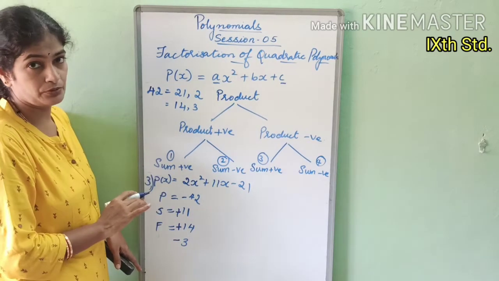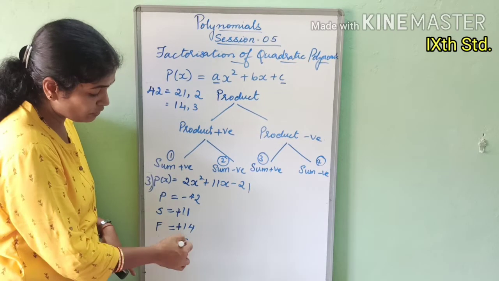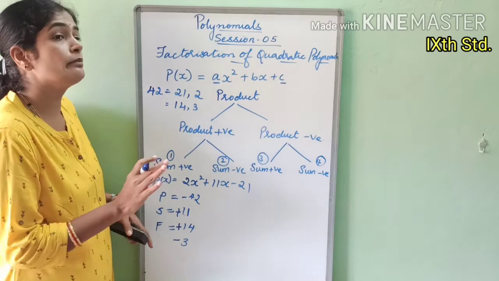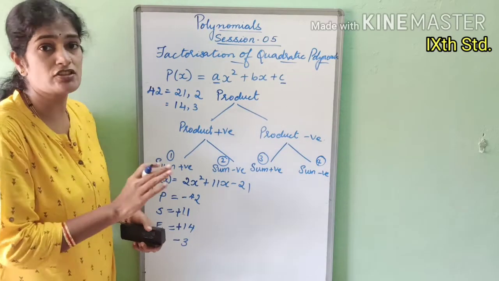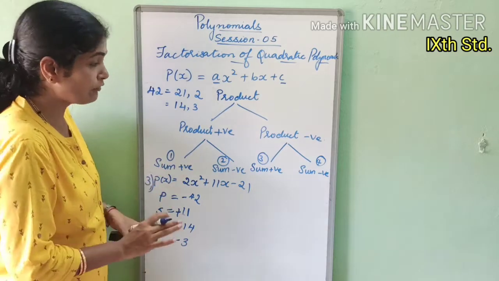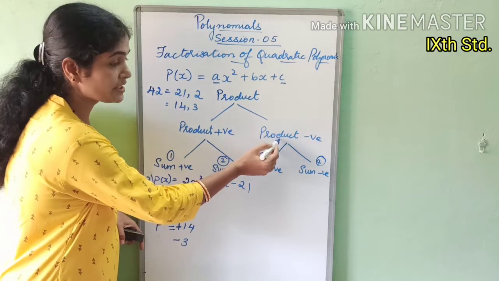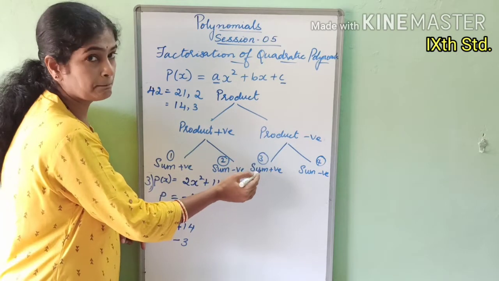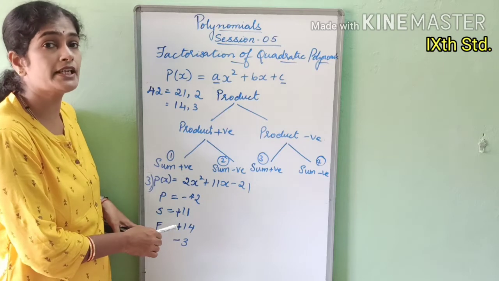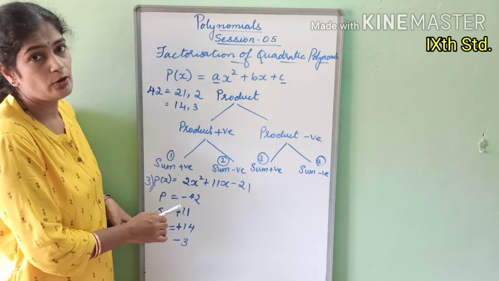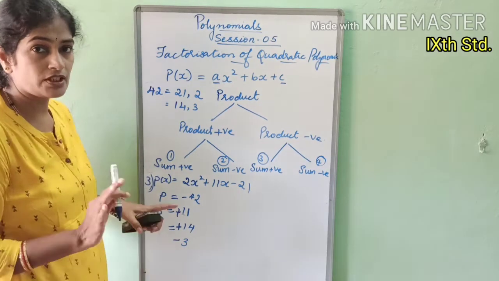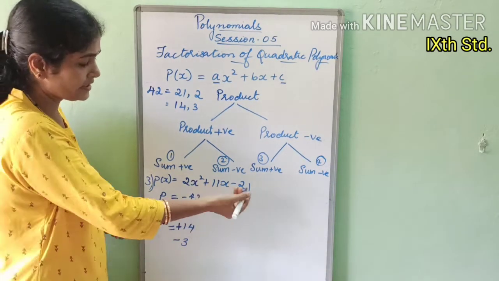This is how most of you go wrong in finding the factors. Factors also you will find out, but when it comes to assigning the signs for those factors, you may tend to make mistakes. So to avoid that, whenever there is product negative and sum positive, then in those factors always the greater number will have the sign of the sum. The sign of the sum here is positive, so that number will have the positive sign. Then the rest is the same thing.